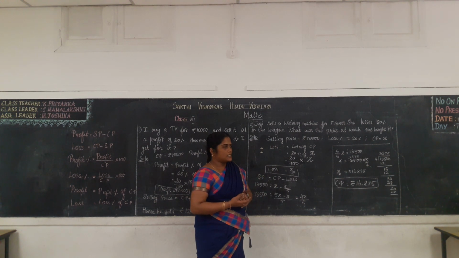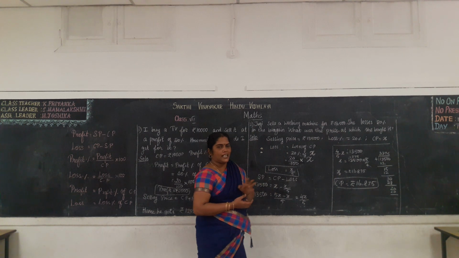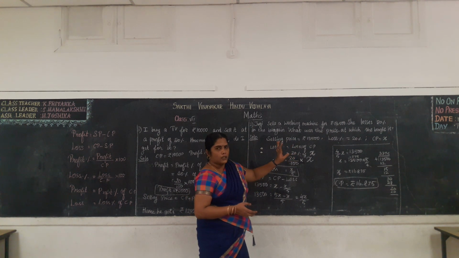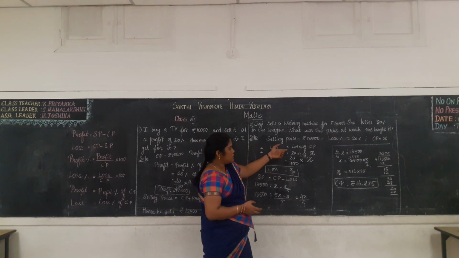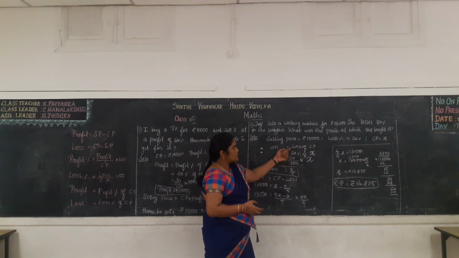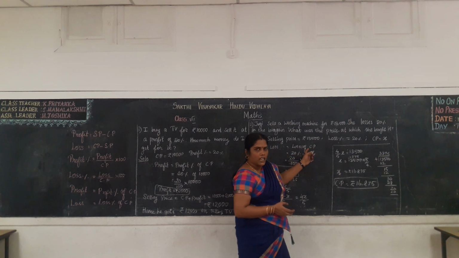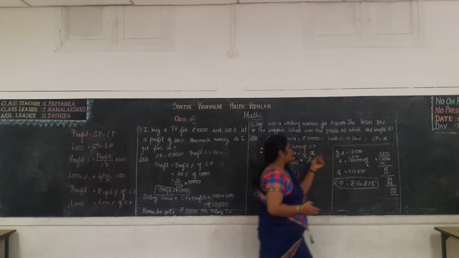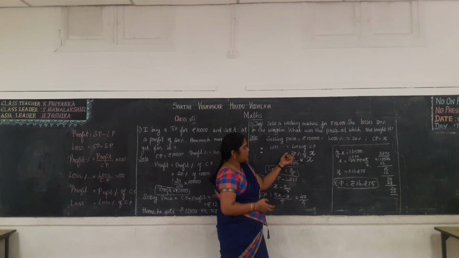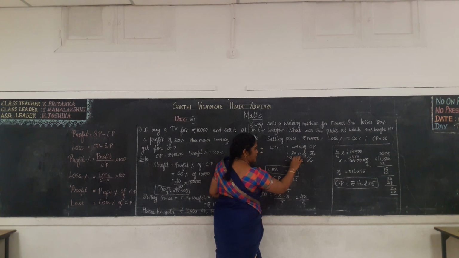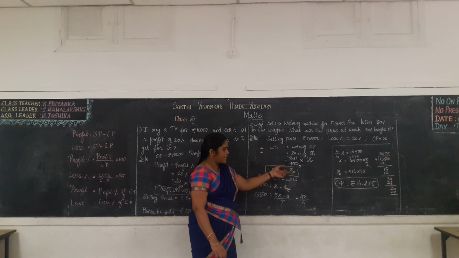But we already discussed, we deal with the loss percentage and profit percentage with the cost price. Okay. So let the unknown value be x. So loss is equal to loss percentage of cost price. So loss percentage is 20% of cost price. We don't know the value of cost price, so let it be x. So you substitute x here. Okay, 20% means 20 by 100. Of means into x. Now we cancel this 2. 1 twos are 20. 5 twenties are 100. So the value of loss is equal to x by 5.